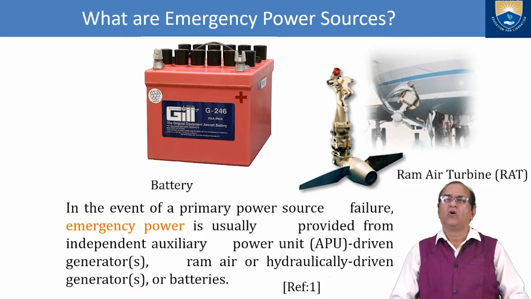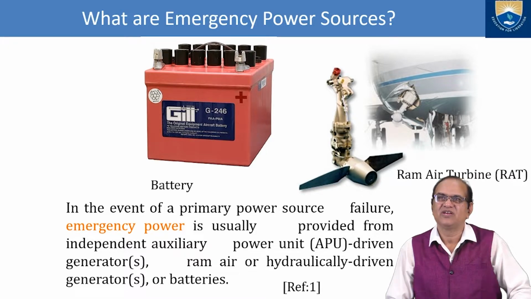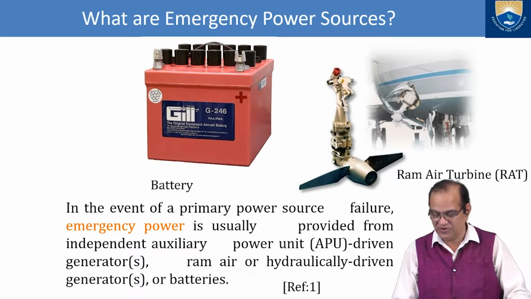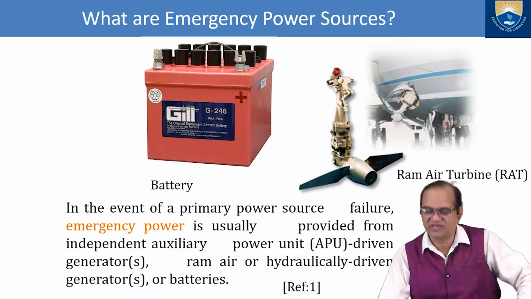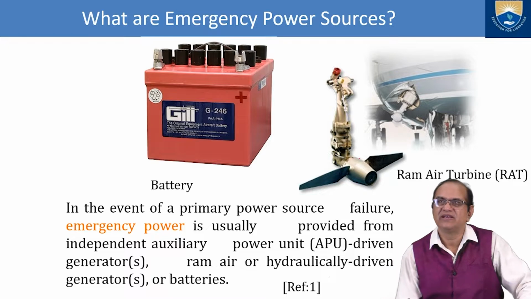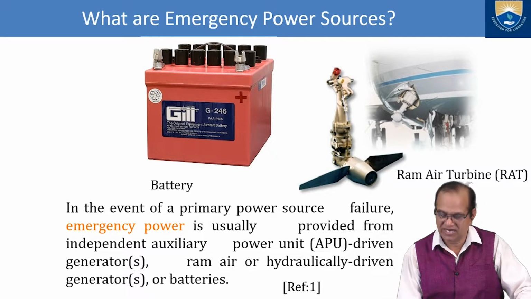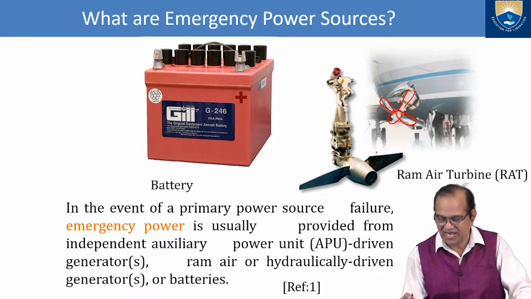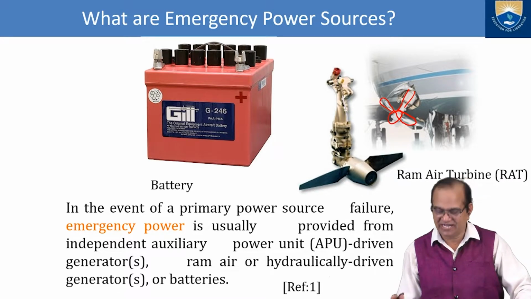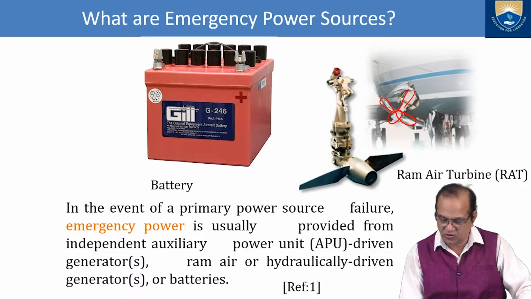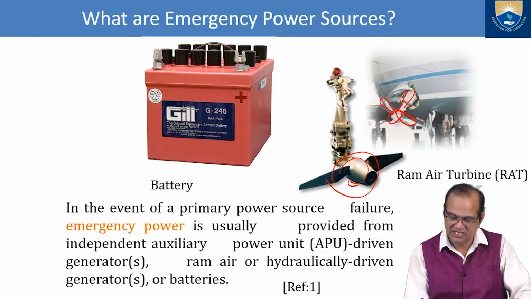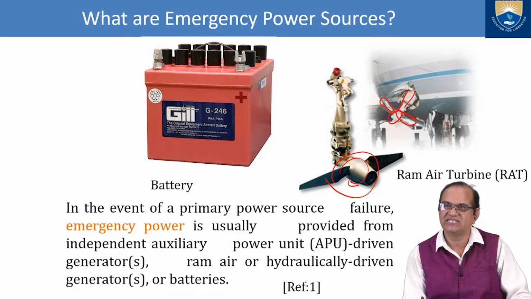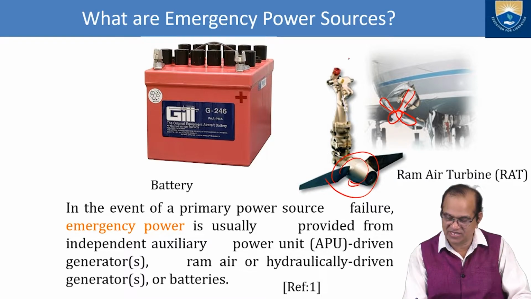Next is, what are the emergency power sources? For most aircraft, you can see here, these are the ram air turbines. These ram air turbines are fitted near the nose of the fuselage, and they are lowered by the pilot. As and when the main generator fails, these are lowered and start rotating like this, and this rotation is attached to an AC or DC generator, and this AC and DC generator will give supply for the emergency